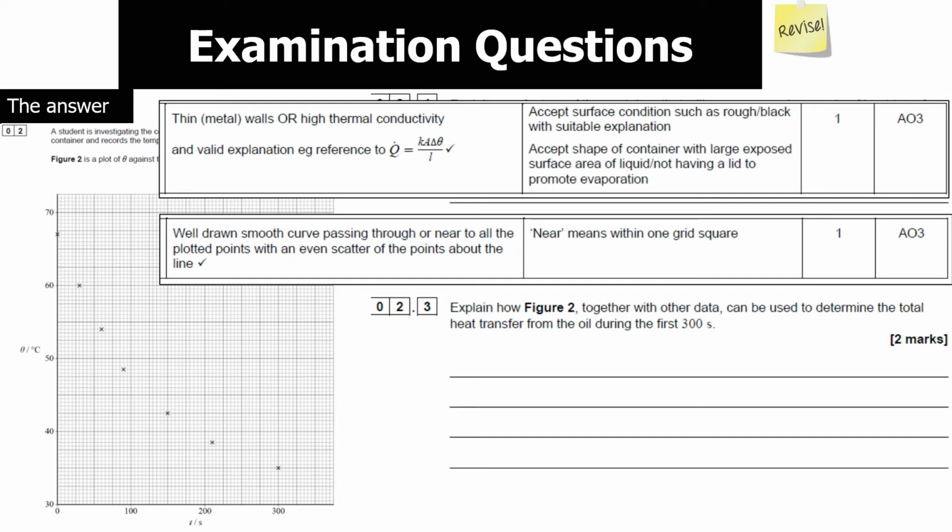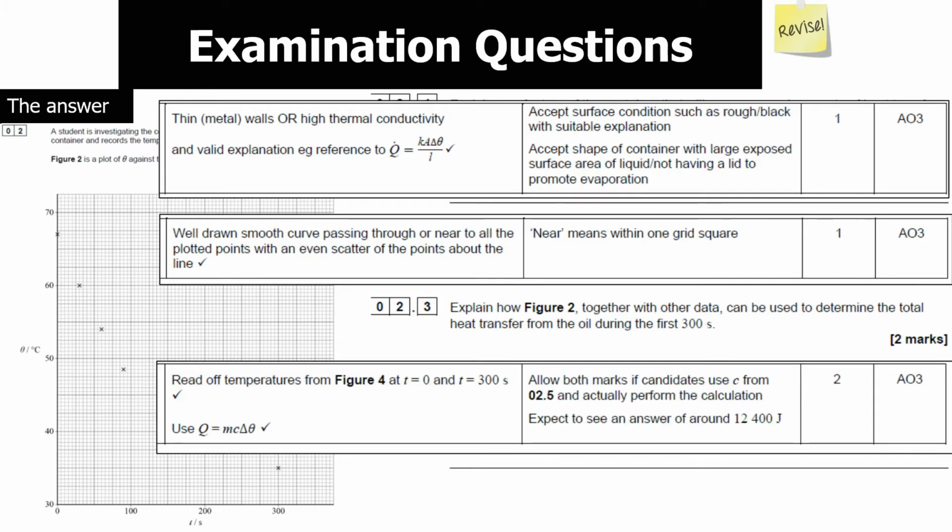And then finally, how can you determine the total energy transfer? Well, what you've got to do is think about what the graph gives you. The graph will give you the temperatures and the time. Now we can see here that the temperature is changing, so therefore it's the kinetic energy store of the particles that is changing, which can be worked out with the equation Q equals mc delta T. So what is going to be our temperature? Well, you can see it at 0 and you can work it out at 300. That then allows you to work out the change in the temperature, delta theta or delta T. You can then use the equation Q equals mc delta theta to work out your answer of about 12,400